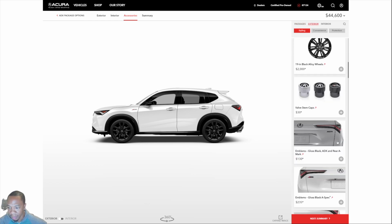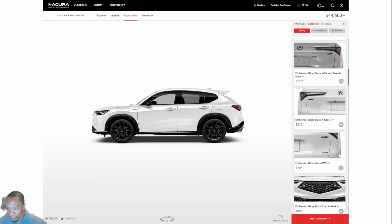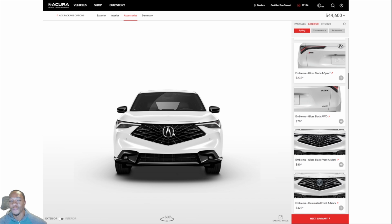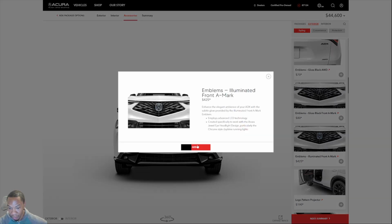You have your black emblem, so you can black out ADX, you can black out A-Spec, and you can black out all-wheel drive, and you can black out the front emblem, which is nice. And you can get the illuminated front emblem as well, like the Integra. This is a nice touch. I feel like I have this on my Integra,